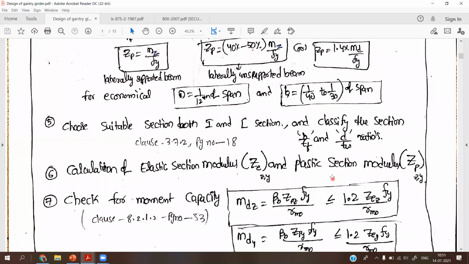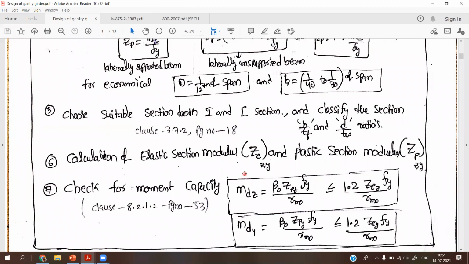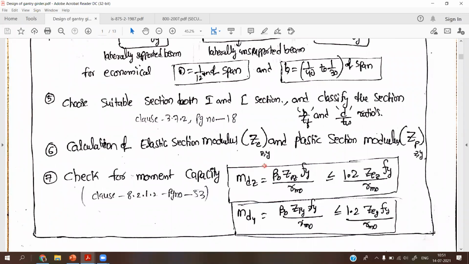Plastic section modulus was also covered in the previous class, in the unit on design of beams. If we go to that video, we can find the plastic section modulus requirement and how to calculate it, and we can also find the elastic section modulus. The elastic section modulus is Iz by Y, that is, the moment of inertia along the Z direction divided by the maximum Y, the extreme fiber distance. With this value, we can find the plastic and elastic section modulus.